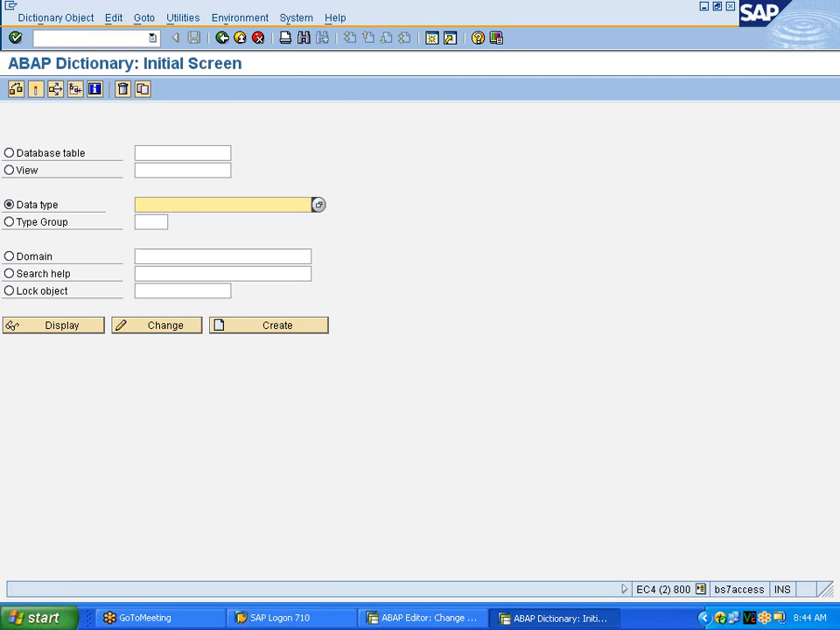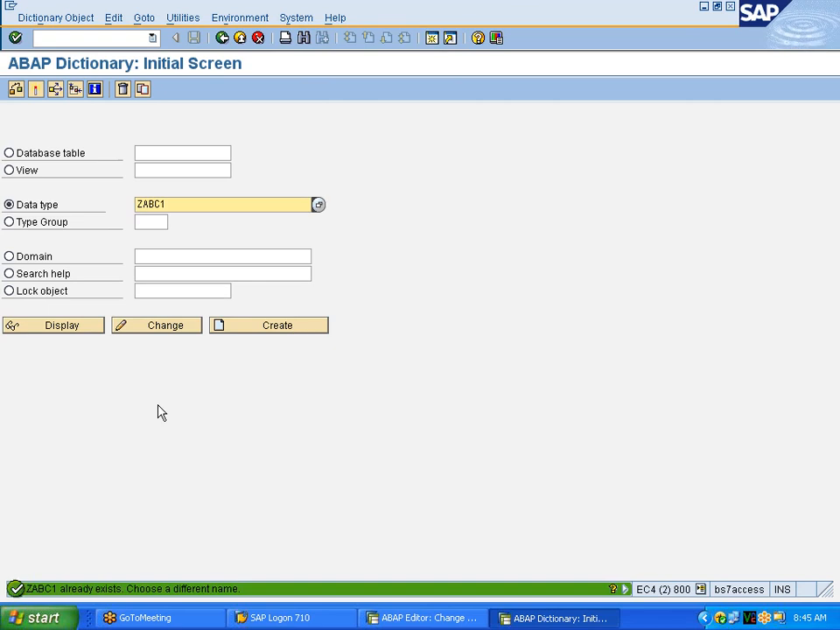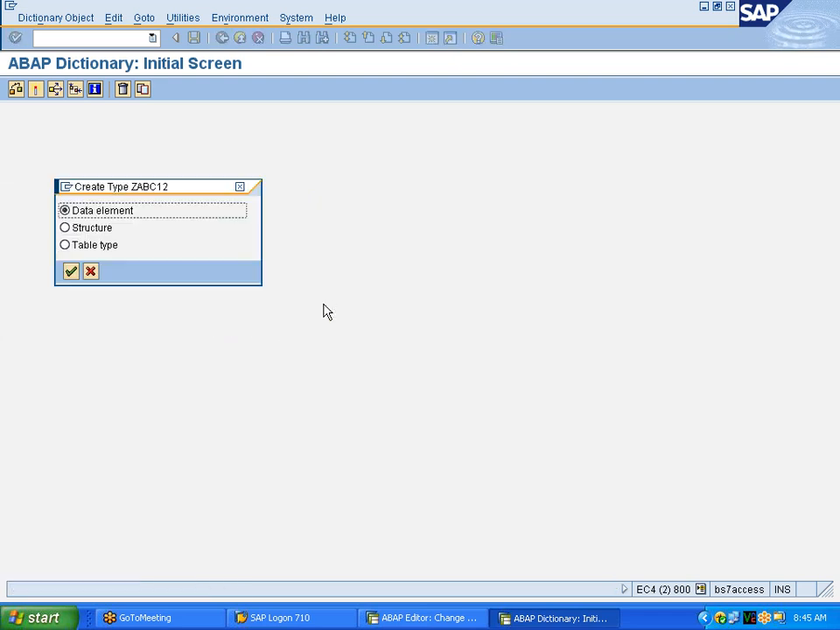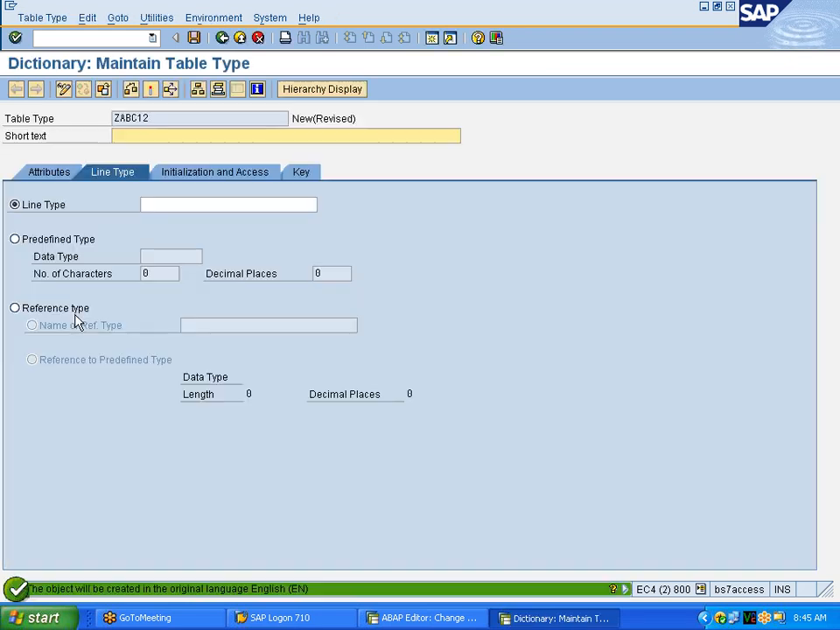Here we were giving the data type. Give some name, ZIBC1 or 2 or something. It should start with Z or Y. Click on create. It's already existing, so I'll give some other name. So here you select the table type. Give the short text. Table type. Table type will take the reference of,